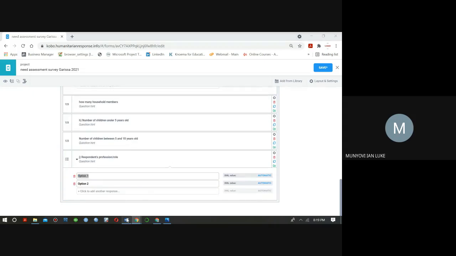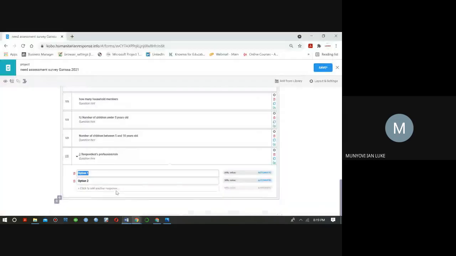The first option is teacher, and then community leader. Right there, teacher, community leader. I can add 2 more.